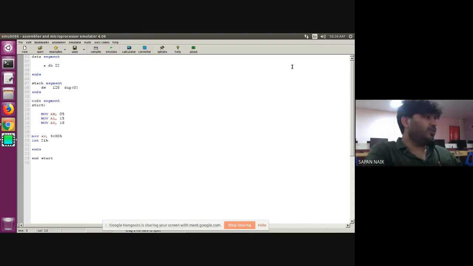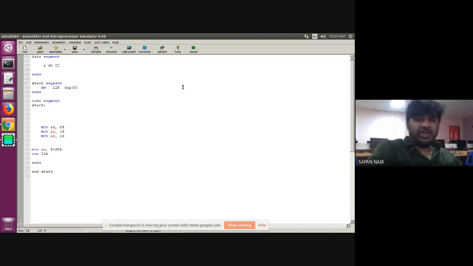Now, when you store anything into the data segment, make one thing clear: in the code segment, you need to inform the assembler that your data segment contains something. For that, these are the two instructions that you are always supposed to write: MOV AX, @data, and MOV DS, AX.